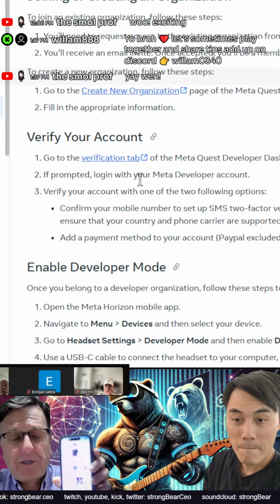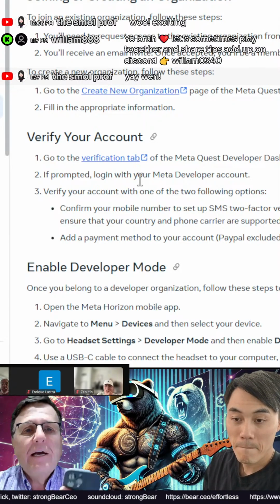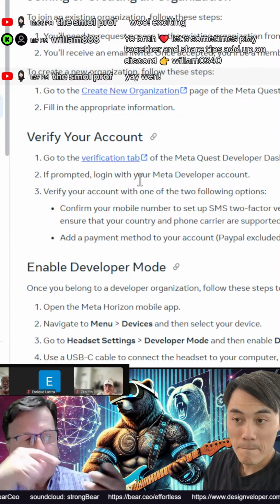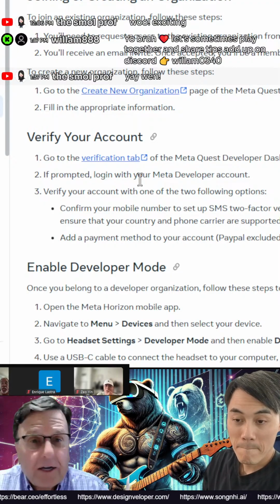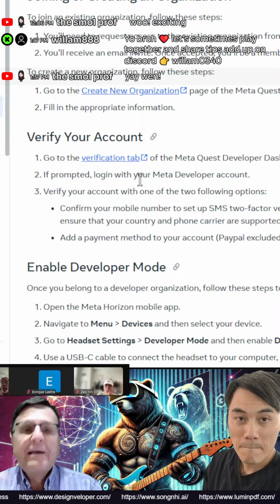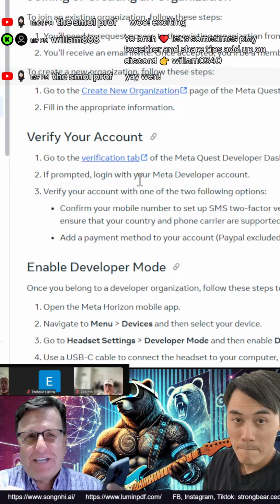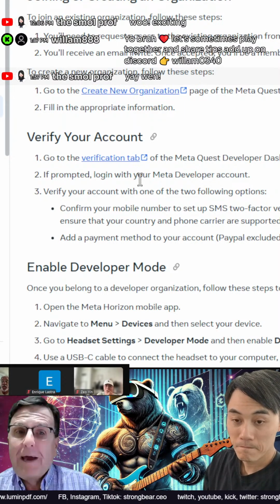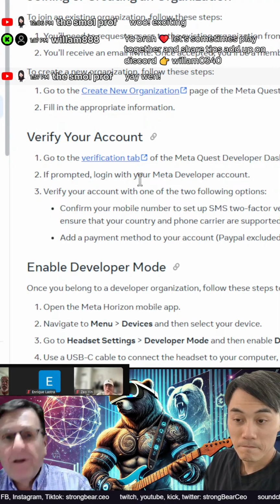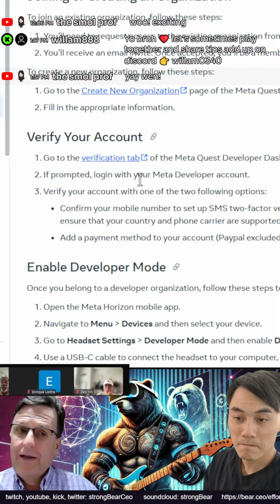Then you're going to say, okay, I have an organization, or you'll create one. It's a little tricky. Turn developer mode on in the phone. Once it's on, you don't do anything more. Then we invite you, and you accept the invitation for CsoundMeta in your email. Then it automatically installs onto your phone, and onto your Quest, and you're good to go.